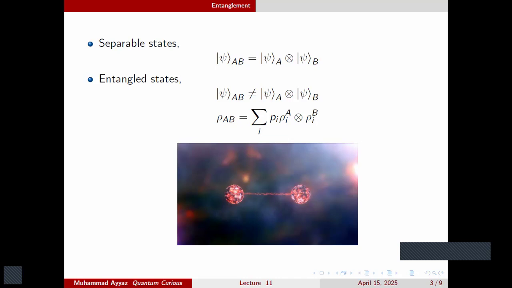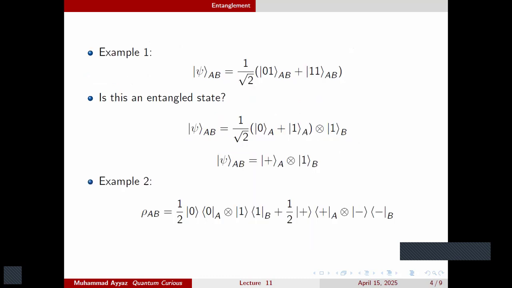Consider we have not pure states, but some kind of mixed states or probabilistic mixture of states. If we could write that probabilistic mixture as a tensor product, then we would say that the state is still separable. And if we cannot write that kind of probabilistic mixture for a given probability distribution for a mixed state, then we will say that we have an entangled state. So let's try to understand the concept more efficiently through examples.